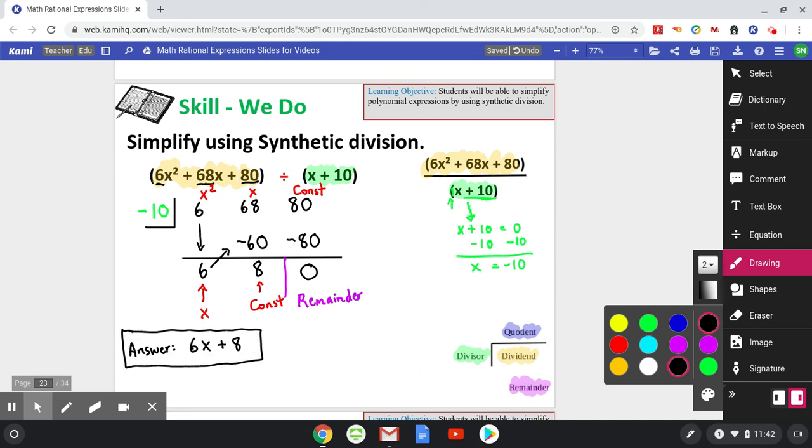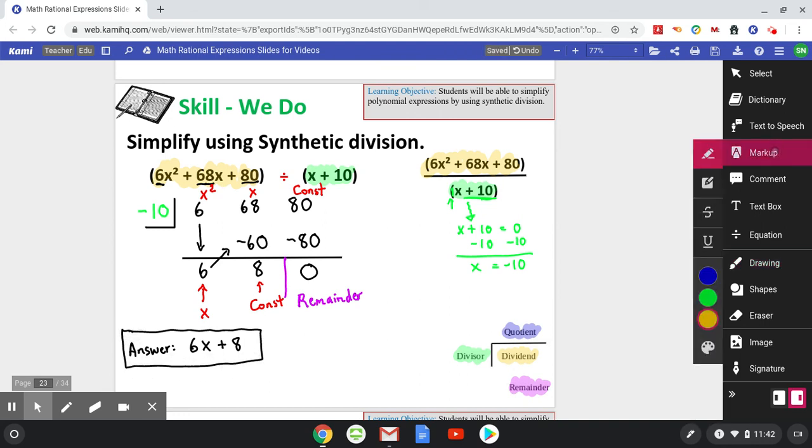If we have a remainder that is not 0, then the problem would include the remainder as part of the answer. So now this is part of the quotient, which we write here, and this would be